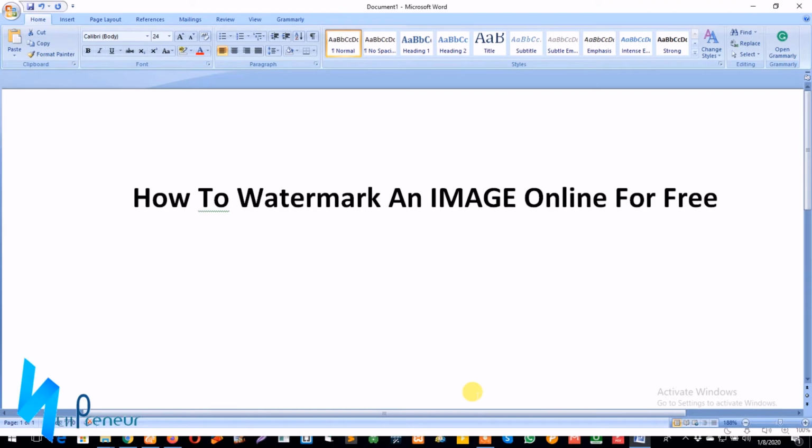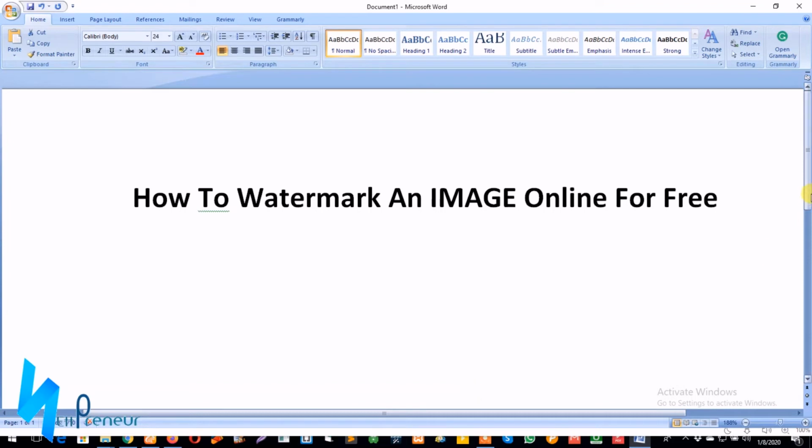This tutorial is pretty simple and easy to understand, and I'll do my best to make it very brief and straight to the point. For demonstration purposes, I will be using a free online photo watermark platform called Watermark to show you how it's done. And actually, there are lots of free online image watermark platforms, but I prefer Watermark due to its cool features and ease of use. So I need you to just sit back, relax, grab a cup of coffee, and watch